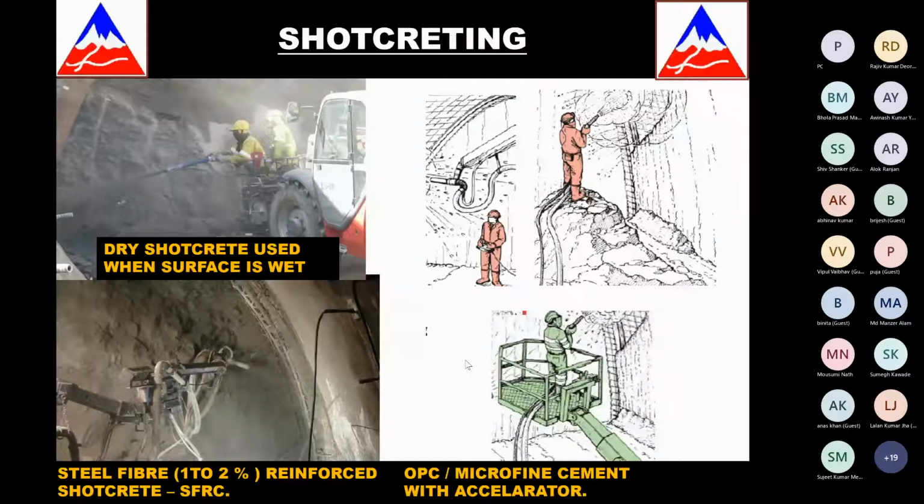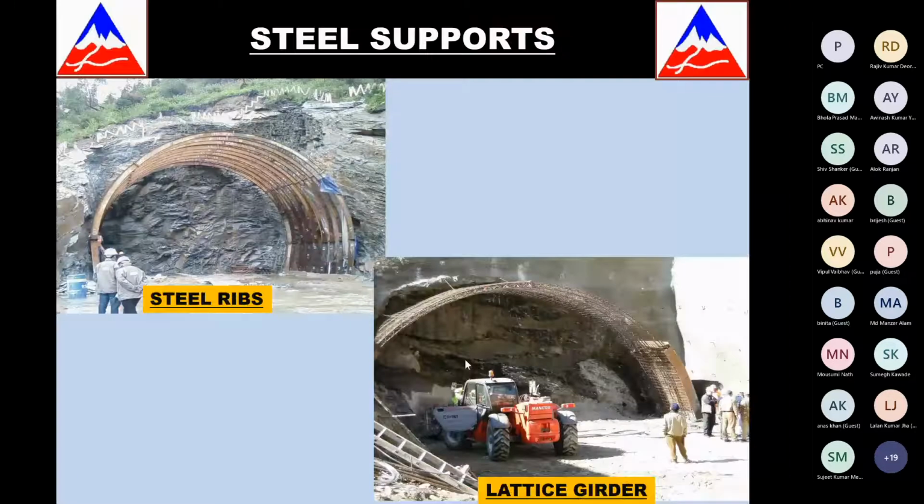Steel supports are basically passive supports, which could be in the form of lattice girders and ribs. Basically, where we are not expecting too much load and we have not done too much characterization of rock, that is where we use steel ribs. The other place you use steel ribs is when you start a portal or start from one end, so in order to gain that initial template, steel ribs are used. And lattice girders are again used in poor rock conditions. But in countries in Europe, they use lattice girders everywhere, because that gives a very good template for drilling and blasting, and you don't have the problem of too much overbreak because the lattice girder gives a good template.